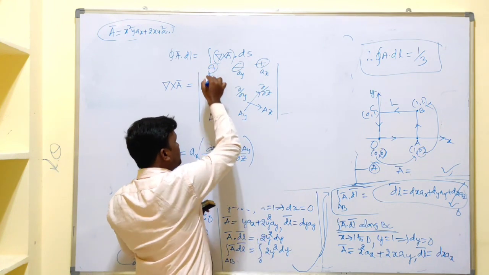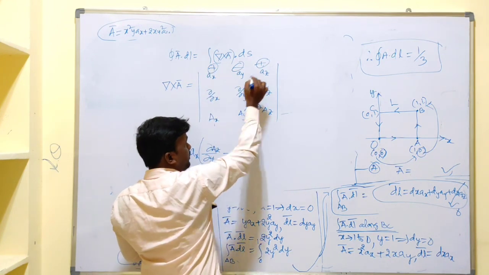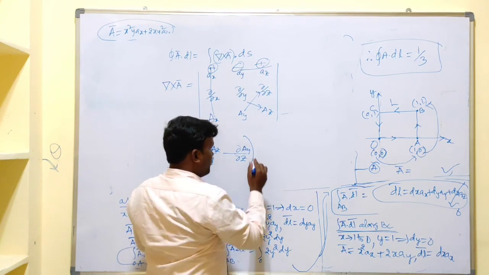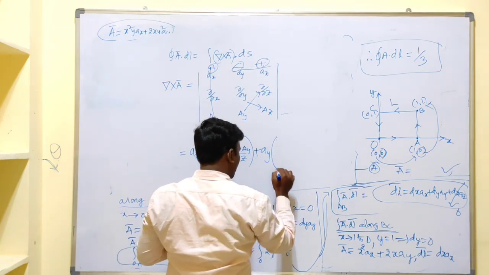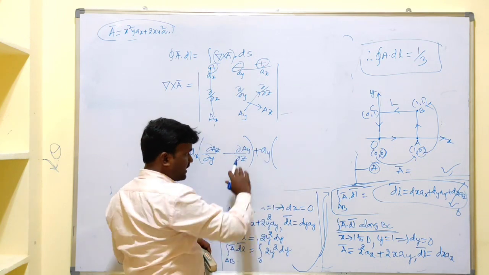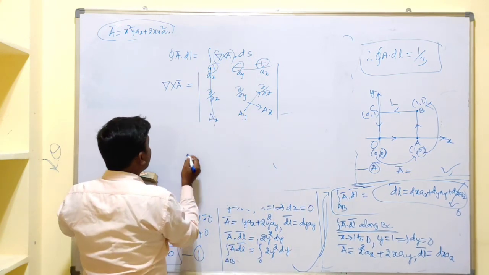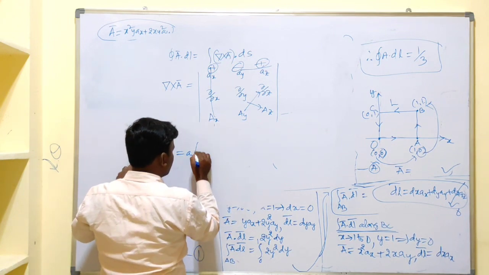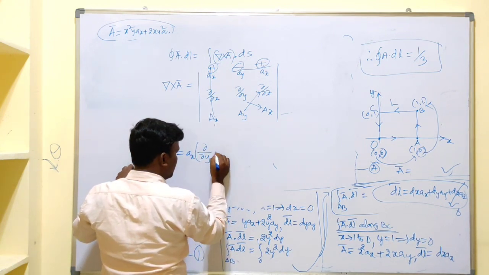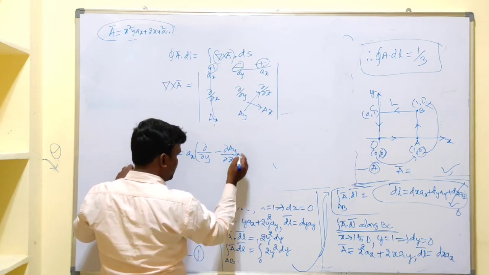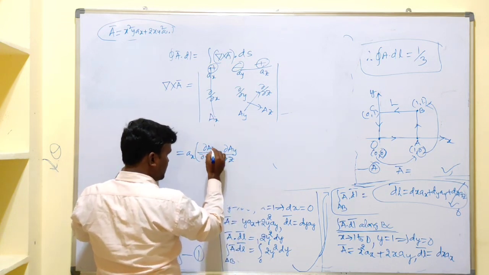Suppose I go for this one, I need to remove this column and row and take the cross multiplication like this. Okay? But I am taking it without observing these things. I can write directly like this. I write ax, after ax, ∂/∂y, after y, ∂/∂z. Write the y component of A here and the z component of A here.